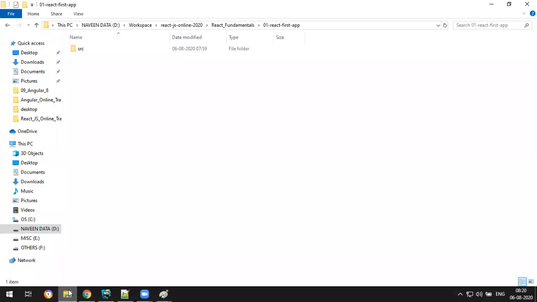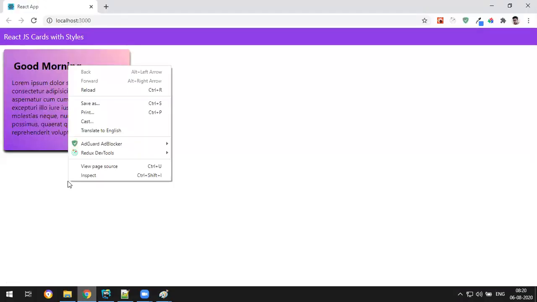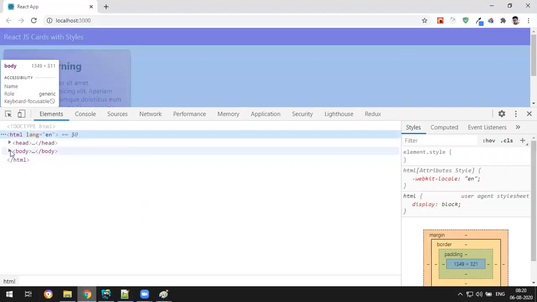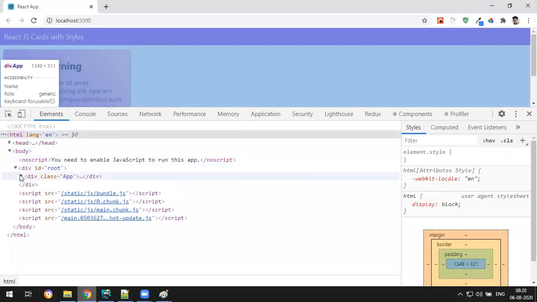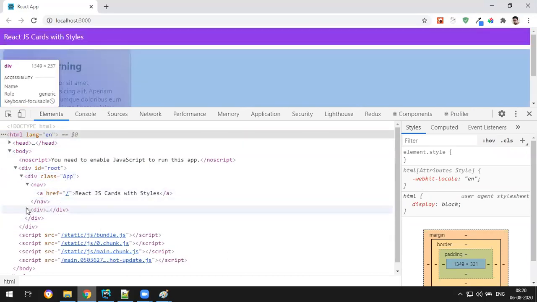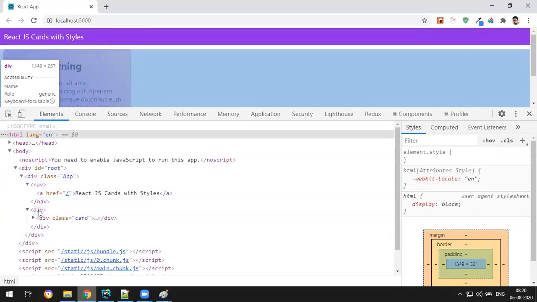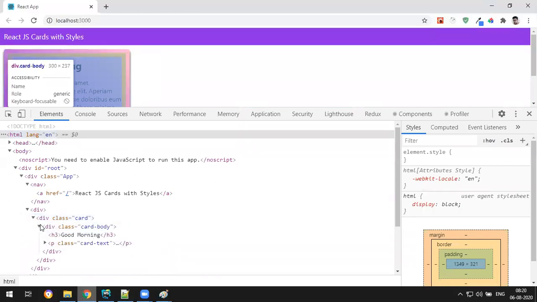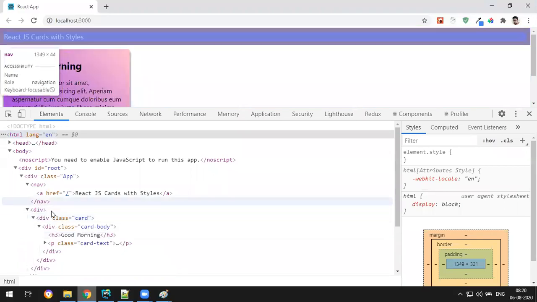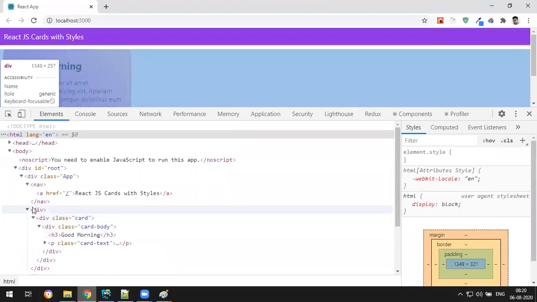Let me see if I can see here, inspect elements. Yeah, see here in the body tag, root app navbar. Okay, keep the navbar aside. My message tag. See, first what has come? One division has come. In the division, card has come, card body has come. I don't want this extra division to be rendered in the DOM. I want my card directly.